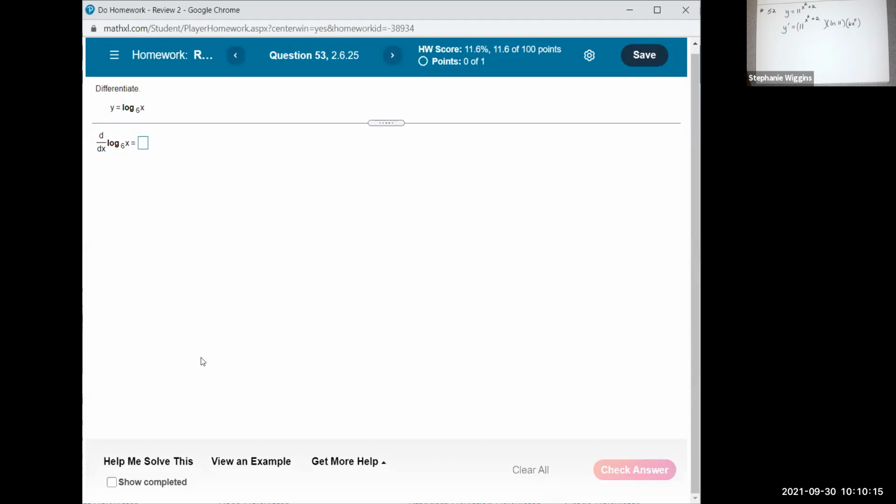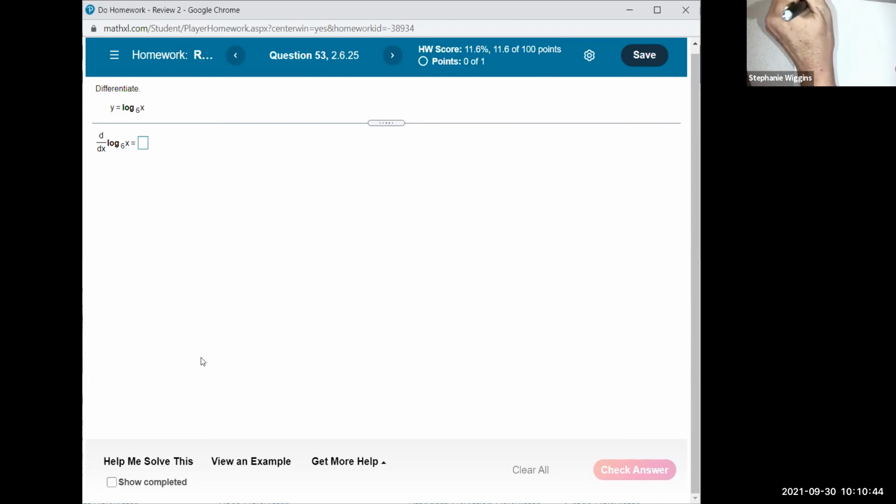Okay, now section 2.6, we are differentiating log functions. So there are also 3 steps. The way you identify a log function is it says log or it says ln. ln is shorthand for log base e. So in this particular problem, we have log base 6. And so the steps are